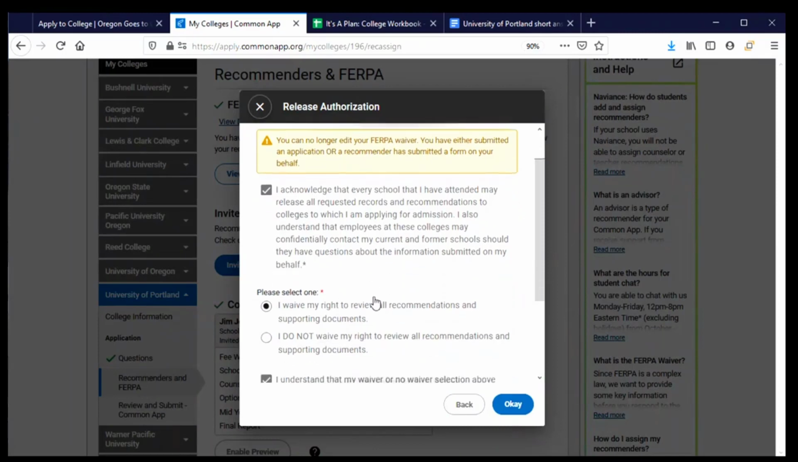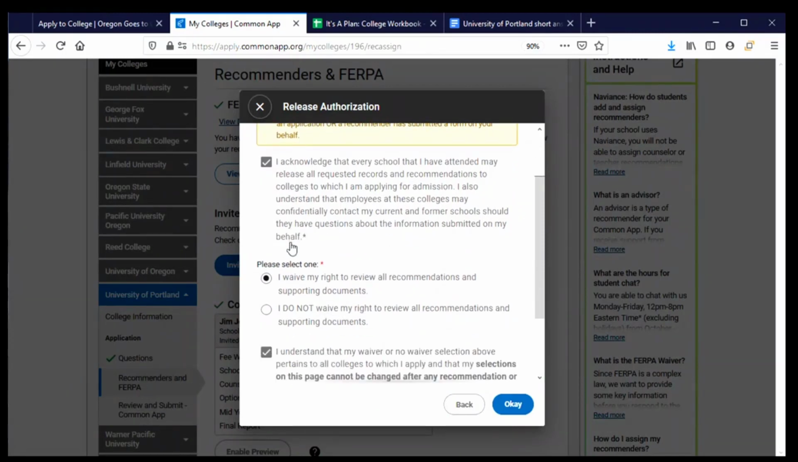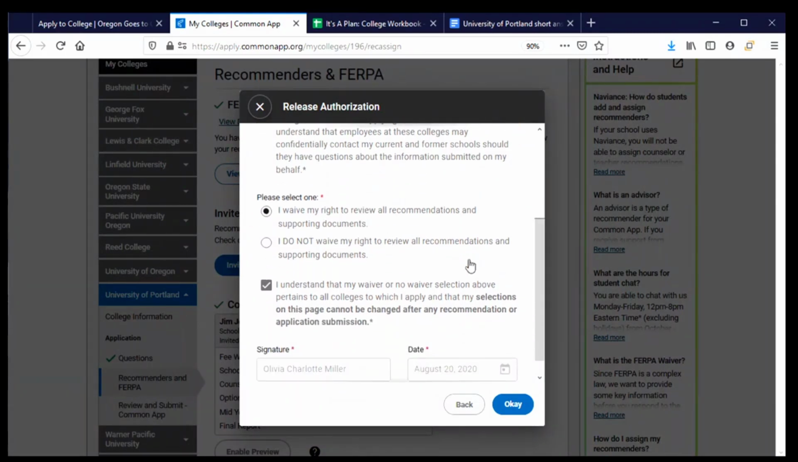And then you'll be brought to a page that allows you to acknowledge that you understand every high school or college you've ever attended is going to have permission now to send any of the records that are necessary over to the colleges that you're applying for, and that the colleges can be in touch with those schools in order to get that information. Then you'll move on to answer this question about the recommendation letters that I just mentioned,